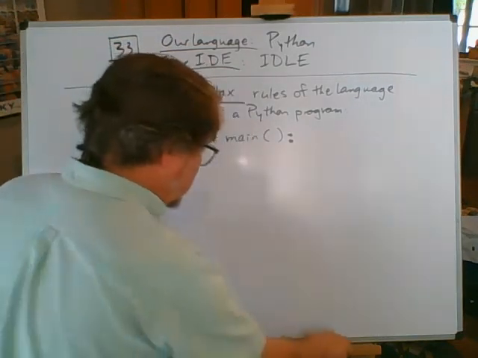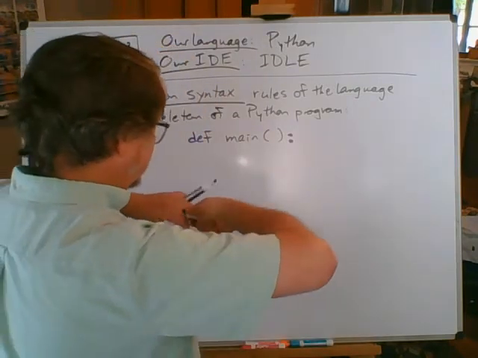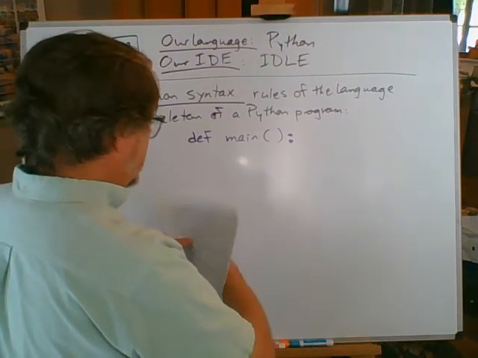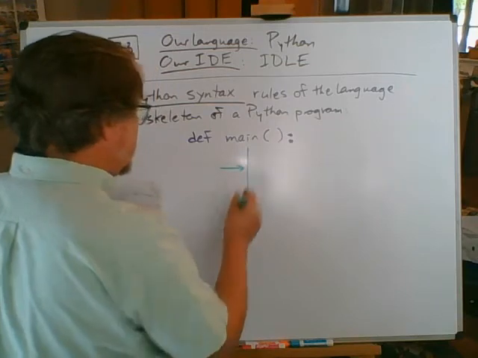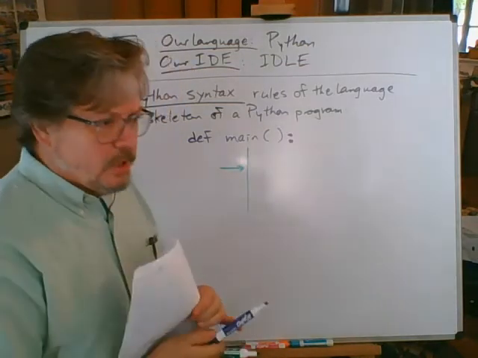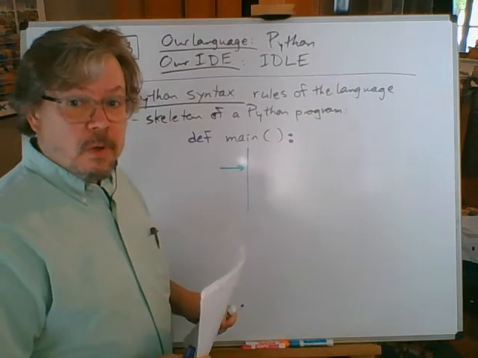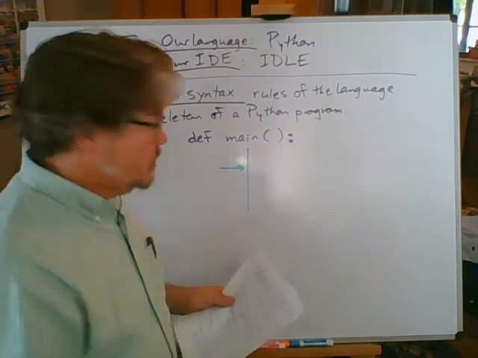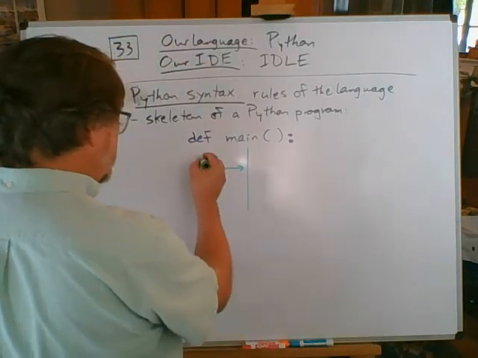And then I'll use a different color for directions that are not things you actually type in. That pesky green marker. I'm going to draw a line here. Python is really big on proper indentation. If you don't indent things the way Python expects them to, that's almost like typing in the wrong words, misspelling words, or typing in the wrong instructions. So we've got to indent, and I'll even put the word here, indent.